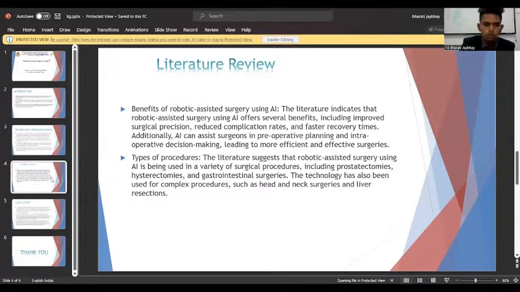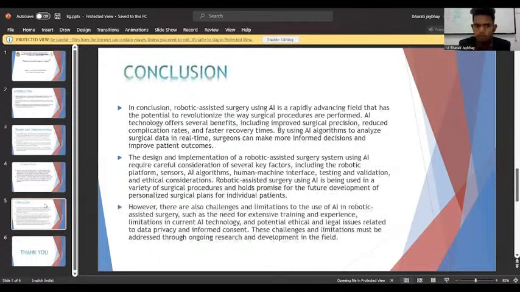In conclusion, robotic assisted surgery using AI is a rapidly advancing field that has the potential to revolutionize the way surgical procedures are performed. AI technology offers several benefits, including improved surgical precision, reducing complication rates, and faster recovery time. By using artificial intelligence algorithms to analyze surgical data in real time, surgeons can make more informed decisions and improve